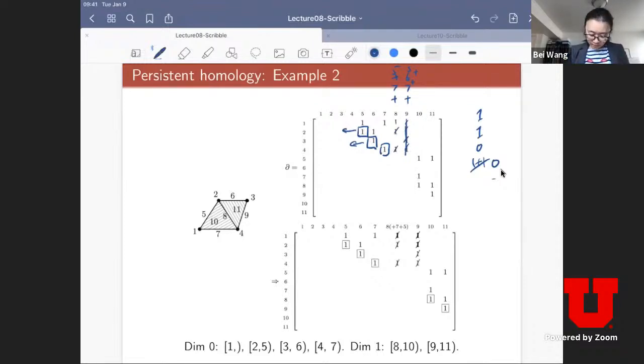Okay. So now let's look at the 10th column. Remember, the 10th column now is triangles. Okay. So with triangles, I'm still going to do exactly the same process. I'm going to look at the lowest one. It's right here. Nothing to the left. I'm good. And the lowest one of the next column, nothing to the left. I am good. So now I have finished my reduction process, and I'm going to try to read my persistent